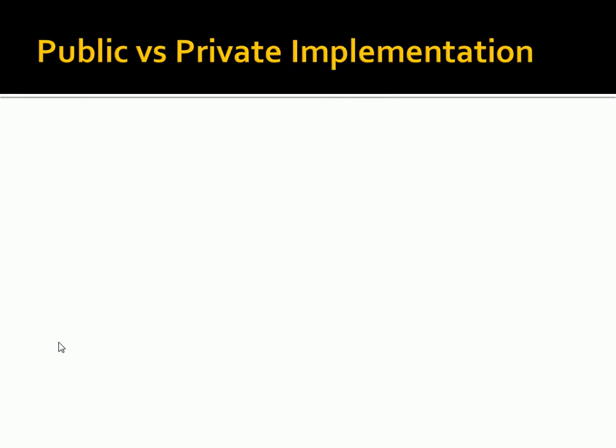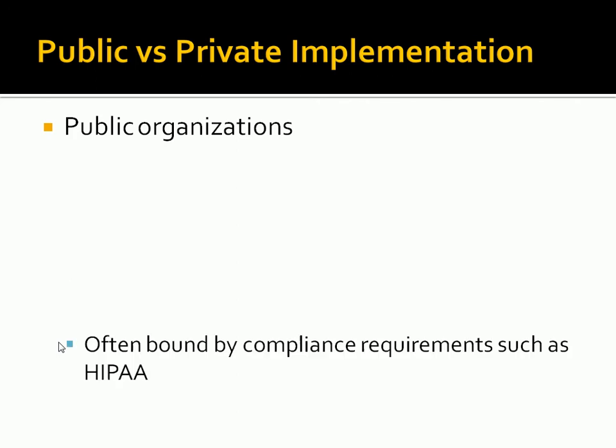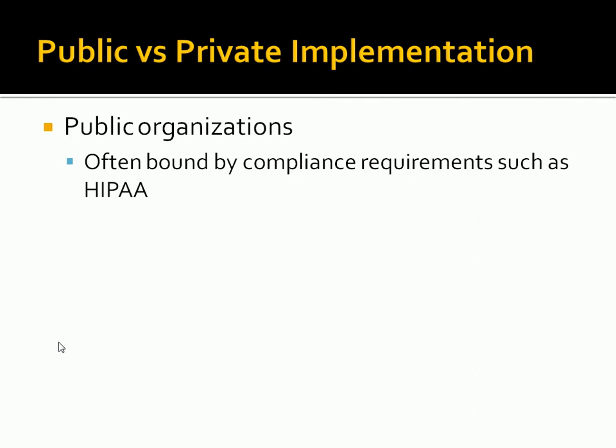So when you do implement these policies, our book talks about the difference between implementation in public versus private organizations. In public organizations, one thing they talk about is you've got a lot of regulation. One example is HIPAA, where you're bound by compliance regulations or requirements such as HIPAA, Sarbanes-Oxley. In a public organization, a lot of times Sarbanes-Oxley is a major concern. There's certain government regulations like FISMA, where you have to implement some NIST guidelines and standards. Those are the types of things you have to worry about in public organizations.